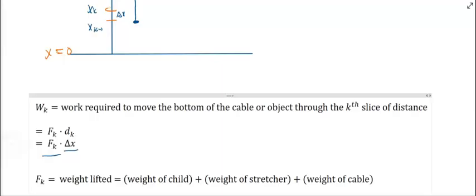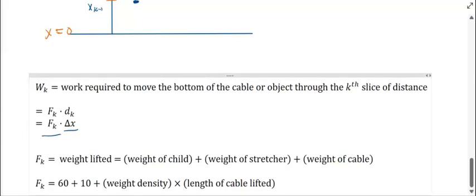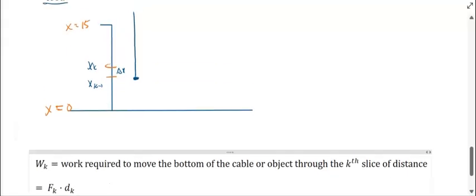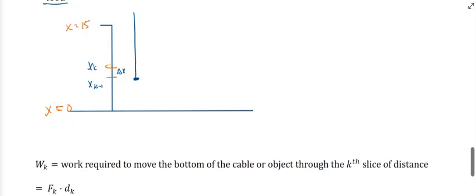We're given in the problem that the weight of the child was 60, so we're just going to substitute in 60 here. The stretcher was 10. The weight of the cable, we've got to know how much is out. So let's go back up to the figure to think about that. Well, the amount of cable that's out is going to be,